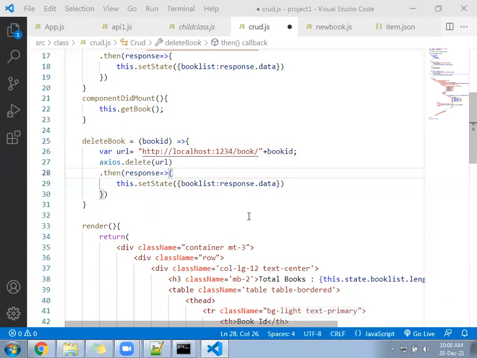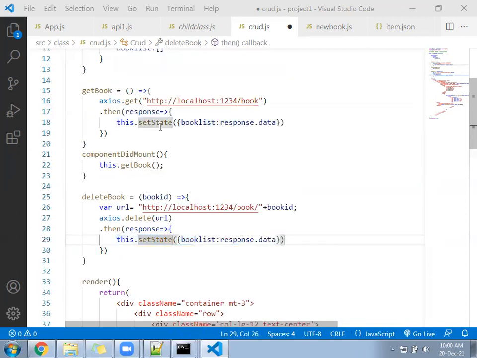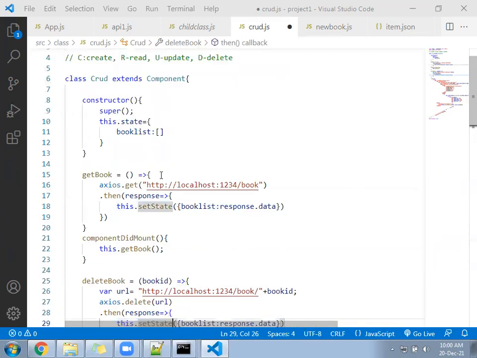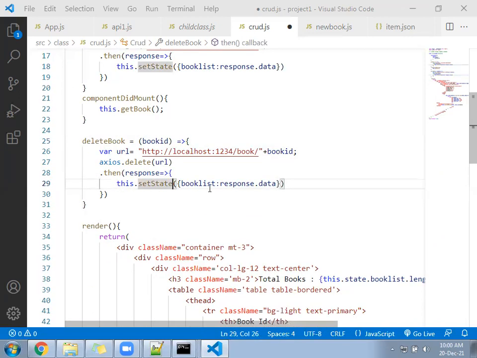Next, after that, come down below. Delete URL you are sending, then response, and finally here you have to delete this response line. If you want to create a message, you can create a message. So at this place, this line is over. Remove this line. Your book will get deleted from the backend. Now to reload the list, you can call this function.